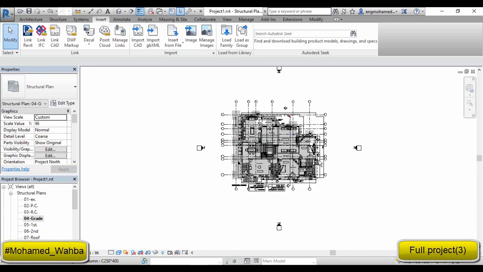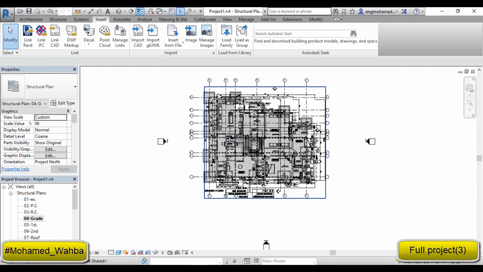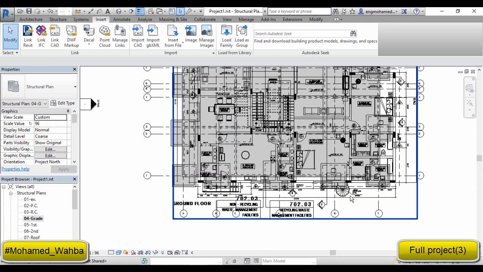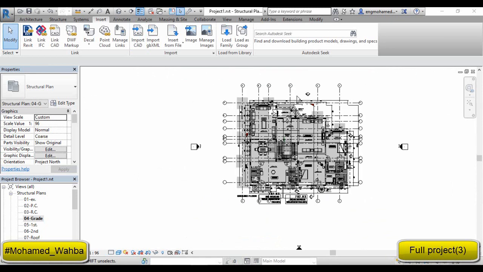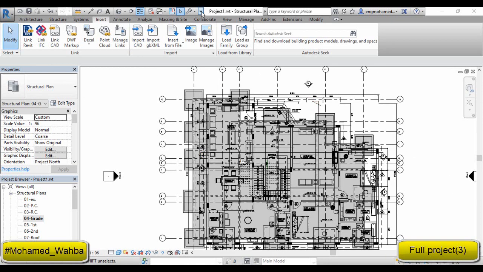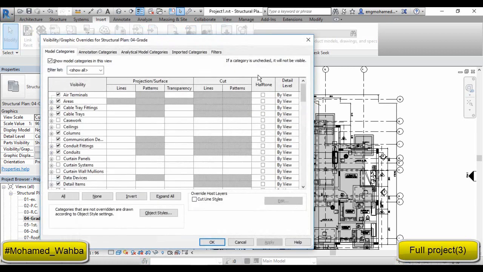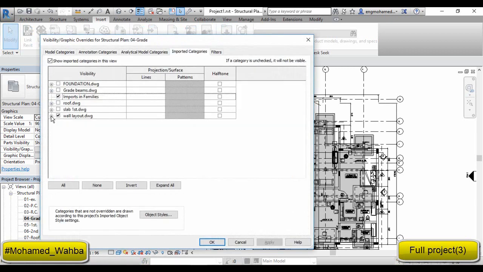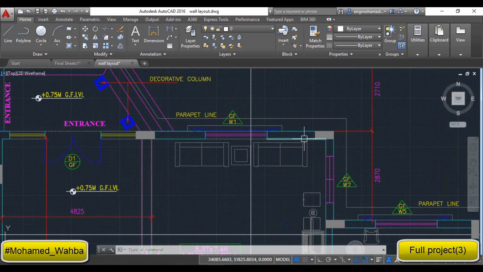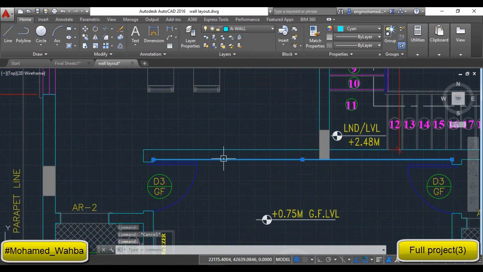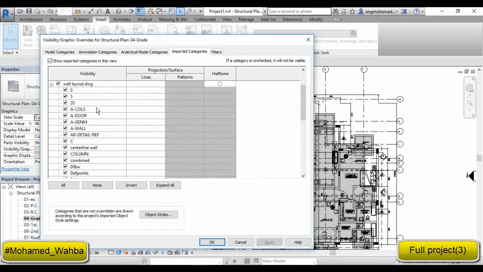We need firstly to make sure that this file lies exactly upon the previous one. We need to check it here. We may need to close all the unnecessary layers by pressing VV as well, and I will choose this, and to know the name of this layer. For example, it's a wall, and the internal one is the same. So I will choose only a wall,